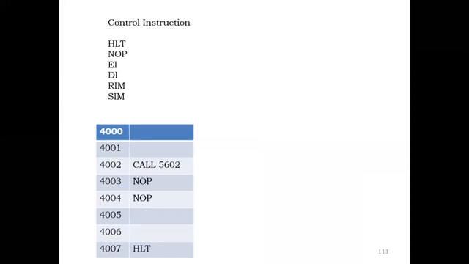Next, control instructions. Control instructions mainly control the program flow. They are HLT, NOP, enable interrupt, disable interrupt, RIM and SIM. Halt means to terminate the program; that is the termination method used. NOP means no operation. We use no operation in interfacing programs.